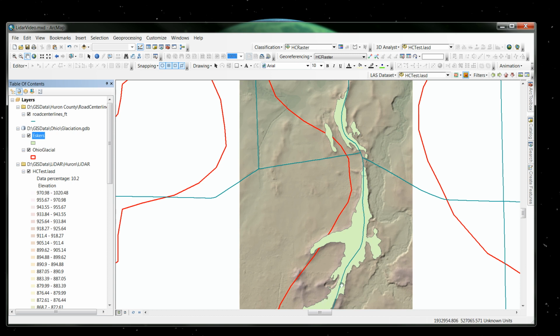But I'm able to use the LiDAR data with the hill shade and go in and find these zones and find these features and make a more accurate map of, in this case, eskers in our county. Like there's one right here that I haven't digitized yet. This feature right here is a kame, which is basically an esker is a long snake-like ridge that's created underneath